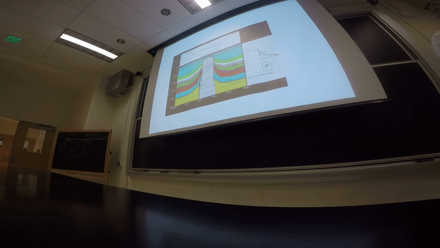Salt domes are pretty interesting. The Gulf Oil Company, which was purchased by Chevron many, many years ago, was actually centered in Pittsburgh, Pennsylvania. Gulf stands for the Gulf of Mexico. And Gulf found a lot of large oil fields with this technique back in the late 20s and 30s. And it actually made their company. Gravity methods were responsible largely for the value that Gulf Oil